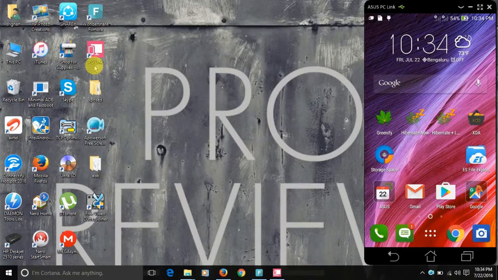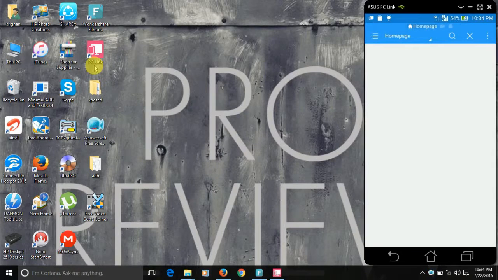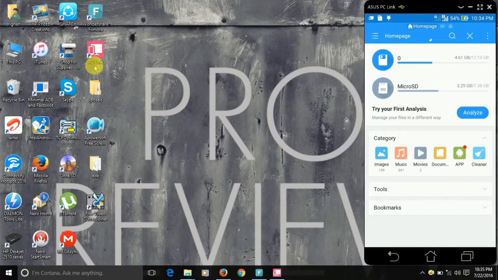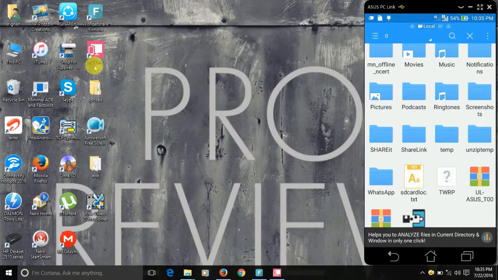Now to install the APK file, please open the ES File Explorer. Go to internal storage, scroll down, and now please install the APK file.